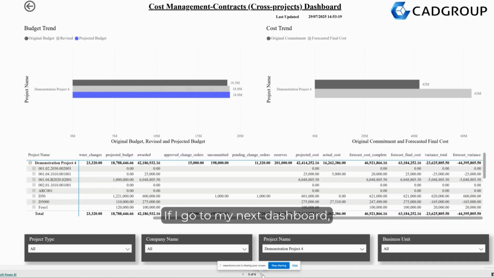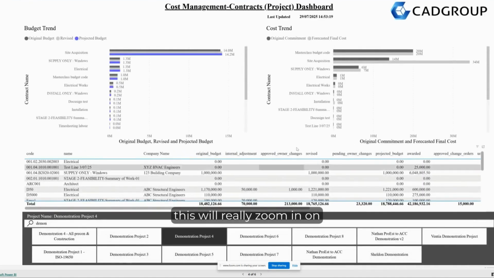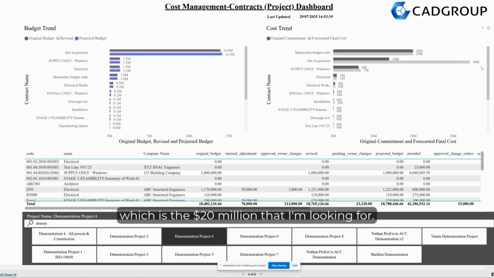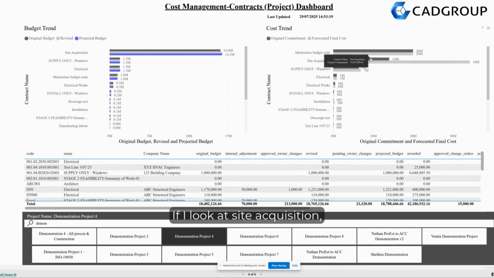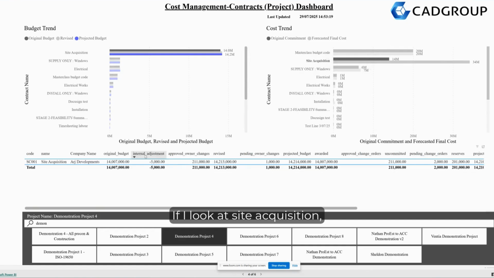If I go to my next dashboard, this will really zoom in on the actual individual contracts, and I can see here my site acquisition costs are projected to go way over, which is the $20 million that I'm looking for. If I look at site acquisition,